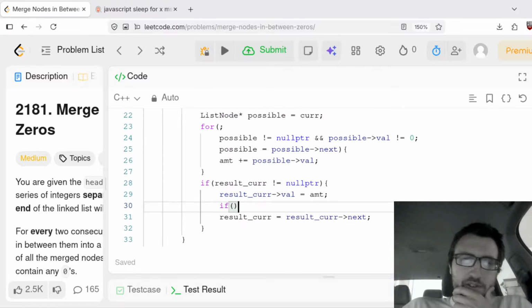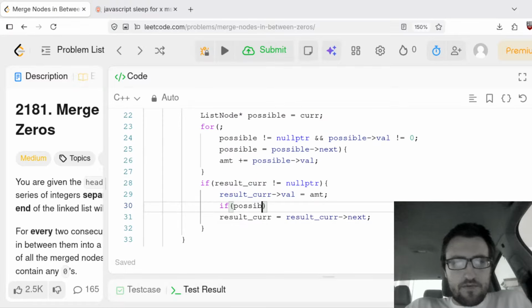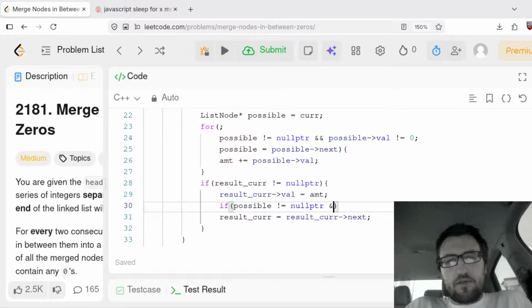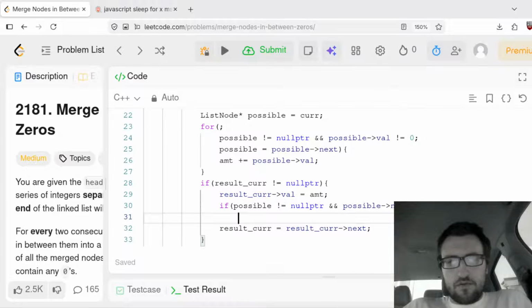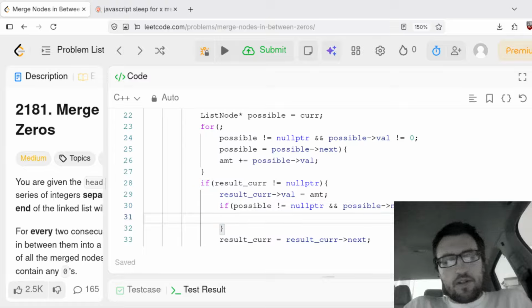So if possible is not equal to null pointer, and possible next not equal to null pointer, then we're going to go ahead and say